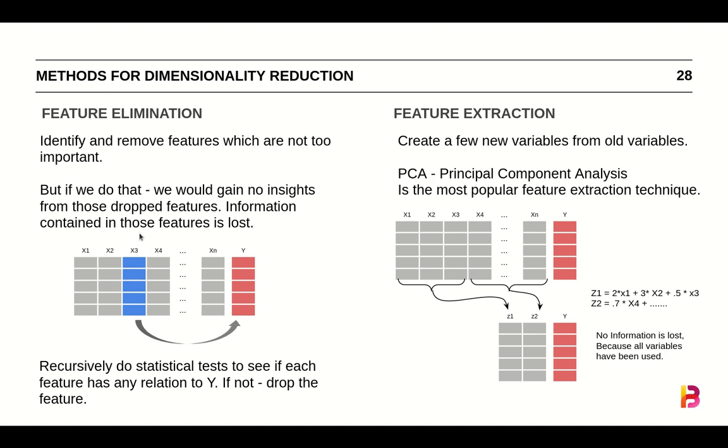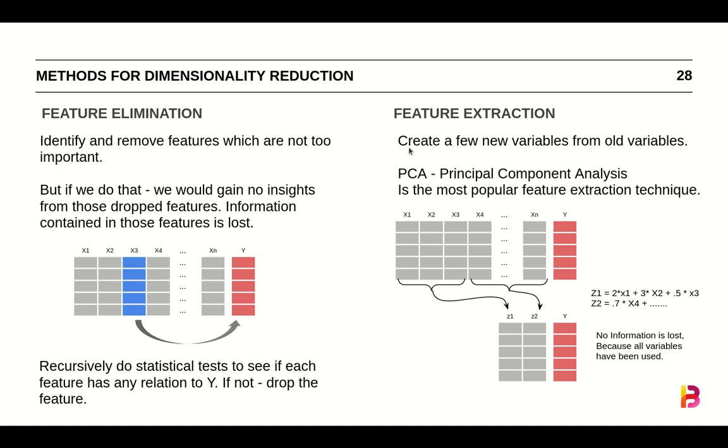Perhaps if we drop this column, regardless of how small, x3 has some information in it, and we are losing a whole bunch of information. Also, it might so happen that this column might not have as much predictive power, but it was independent from all the other features, and all the other ones are collinear. In those situations, it becomes very difficult to use this technique of eliminating an entire feature altogether.